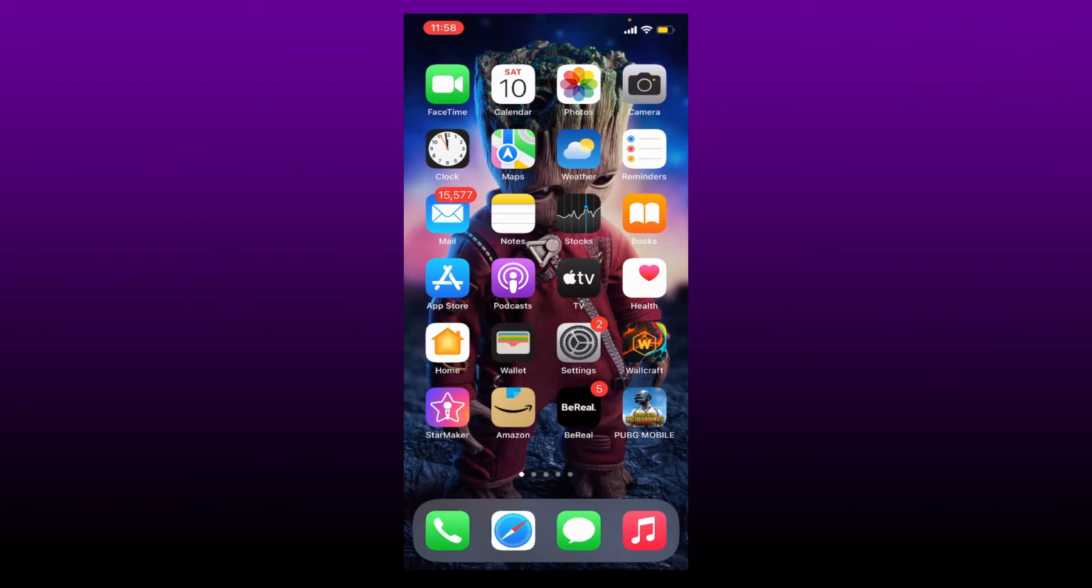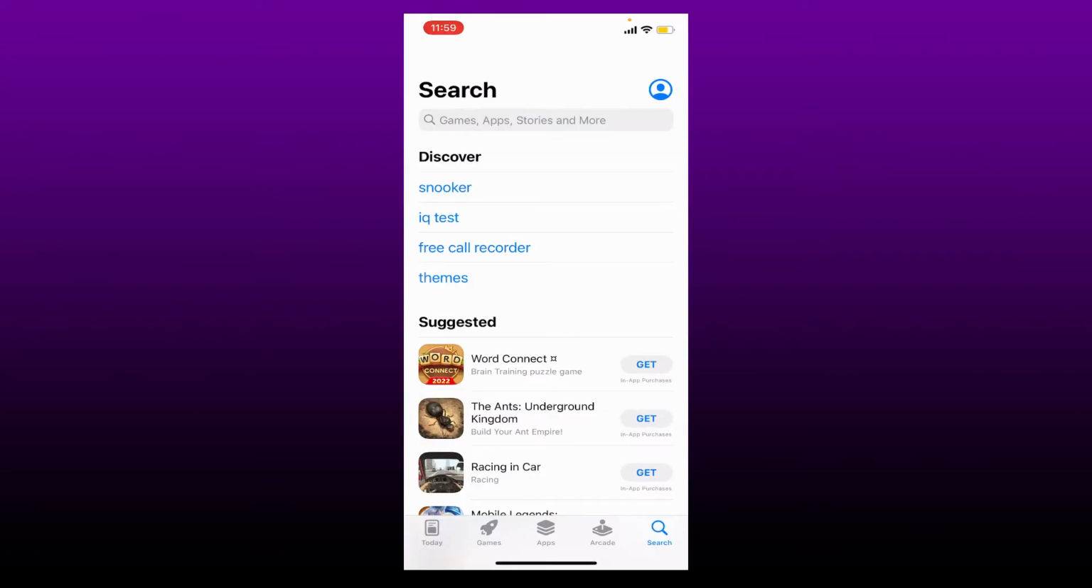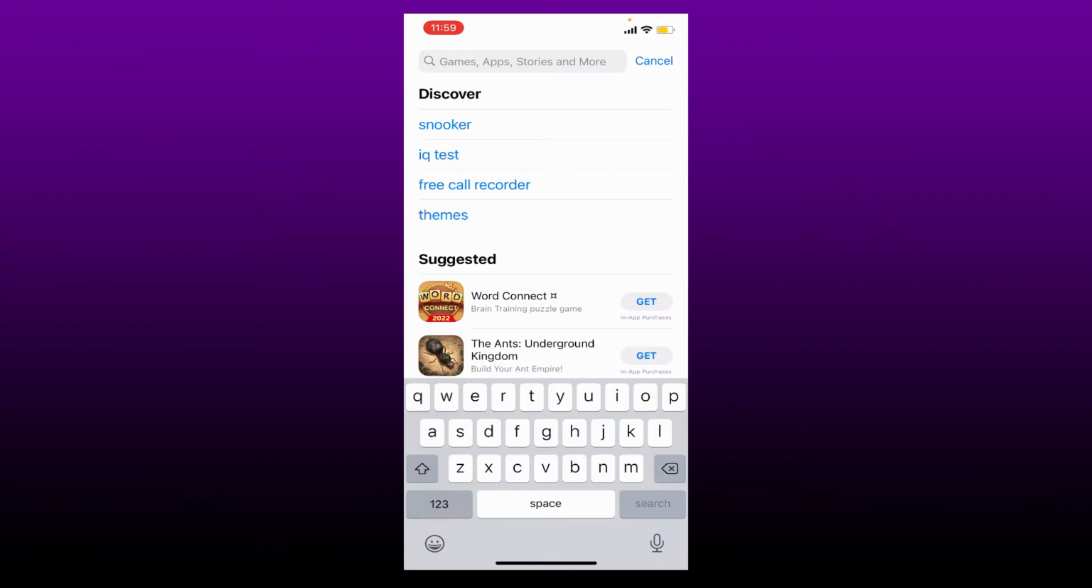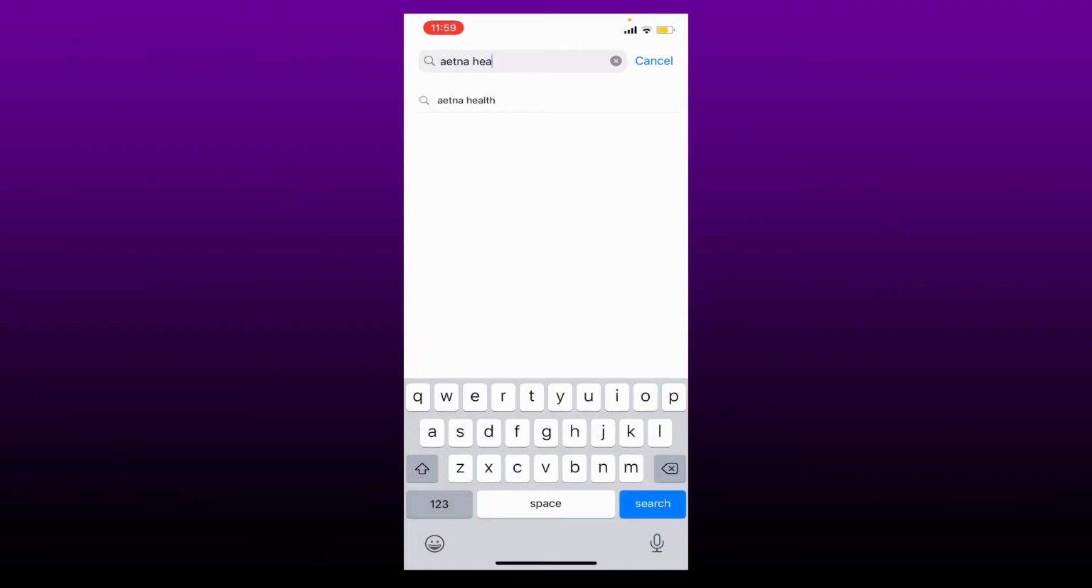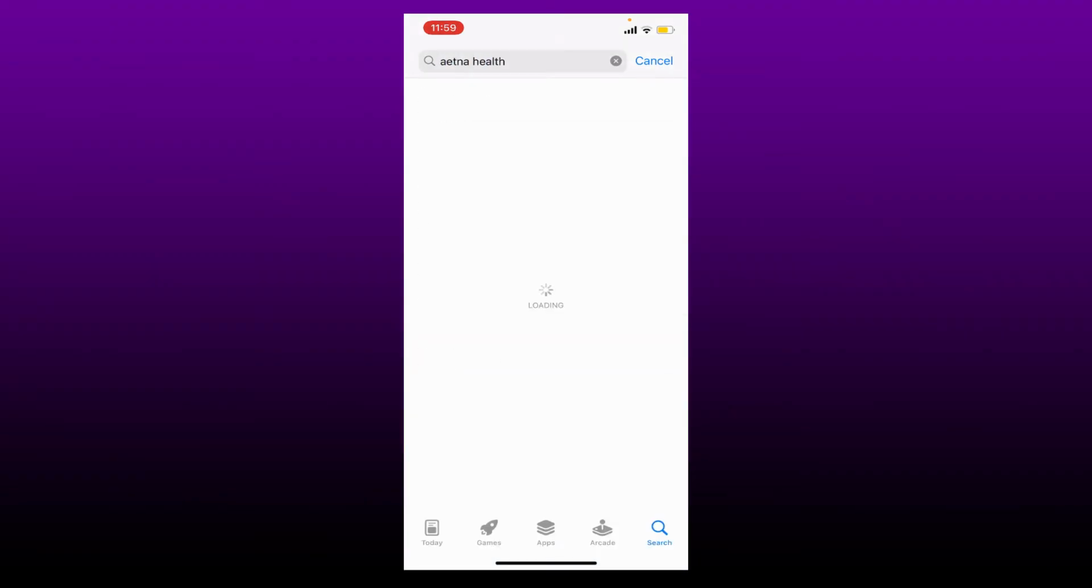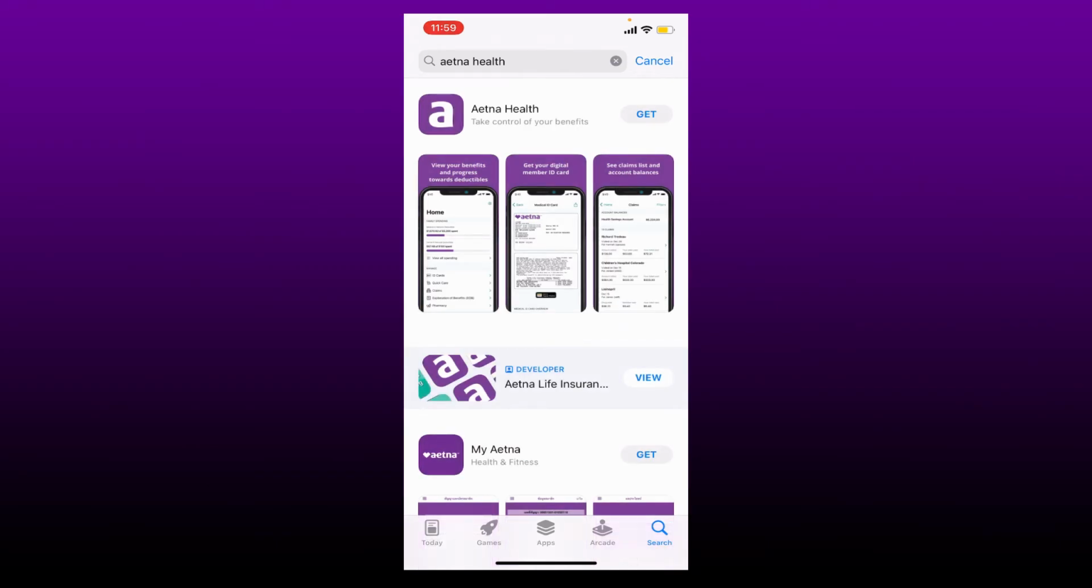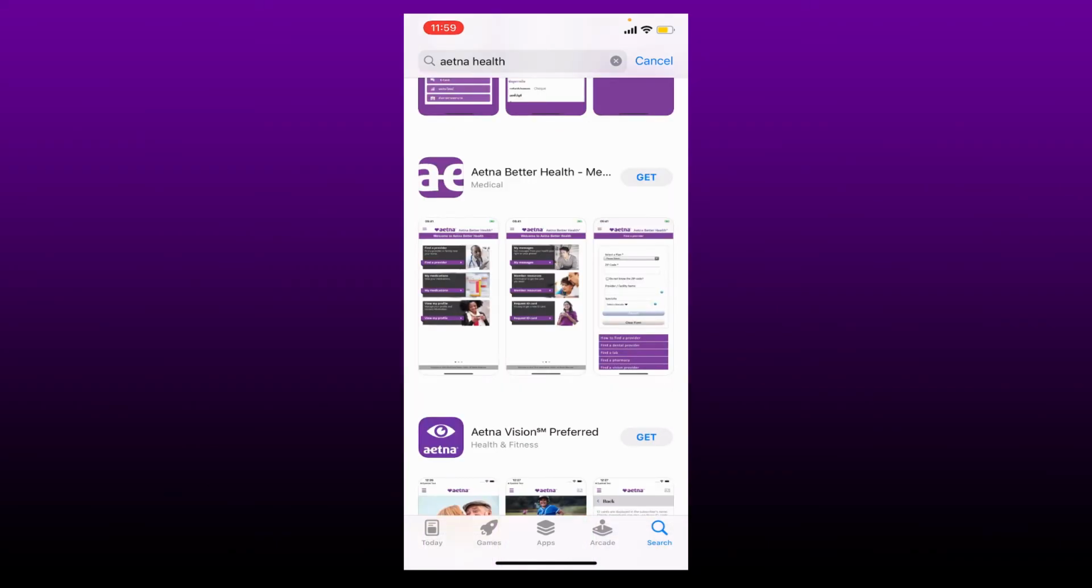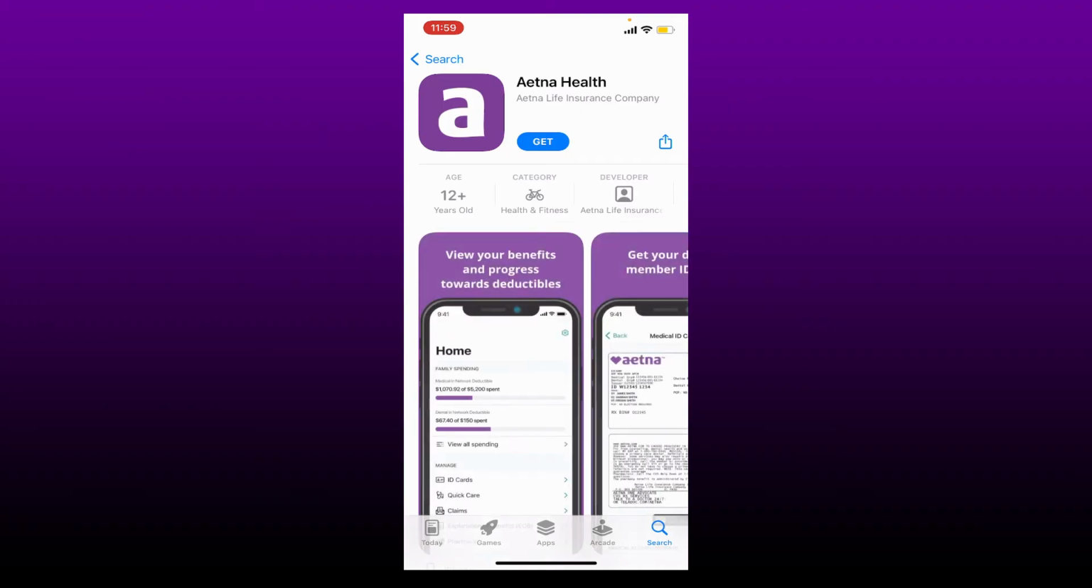To download Aetna Health application on your mobile device, it's quite simple. First, make sure that you are connected to a Wi-Fi or cellular data. And once you are, open up your App Store. Go to the search box at the top and type in Aetna Health in the search box. Perform your search and you'll be able to see the search results on the next page. Once you find the application that says Aetna Health from Aetna Life Insurance Company, tap on the Get button to